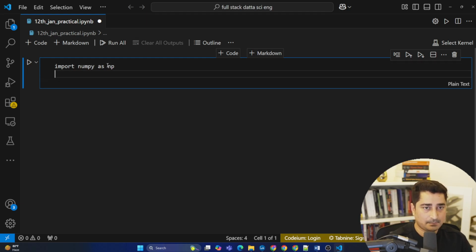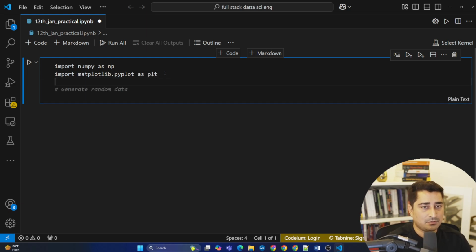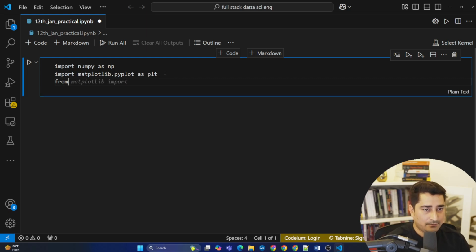Now, the second library is matplotlib, so that we can plot a graph. So import matplotlib.pyplot as plt, because we are using pyplot inside matplotlib. Now you have to import from scipy, scipy.stats,